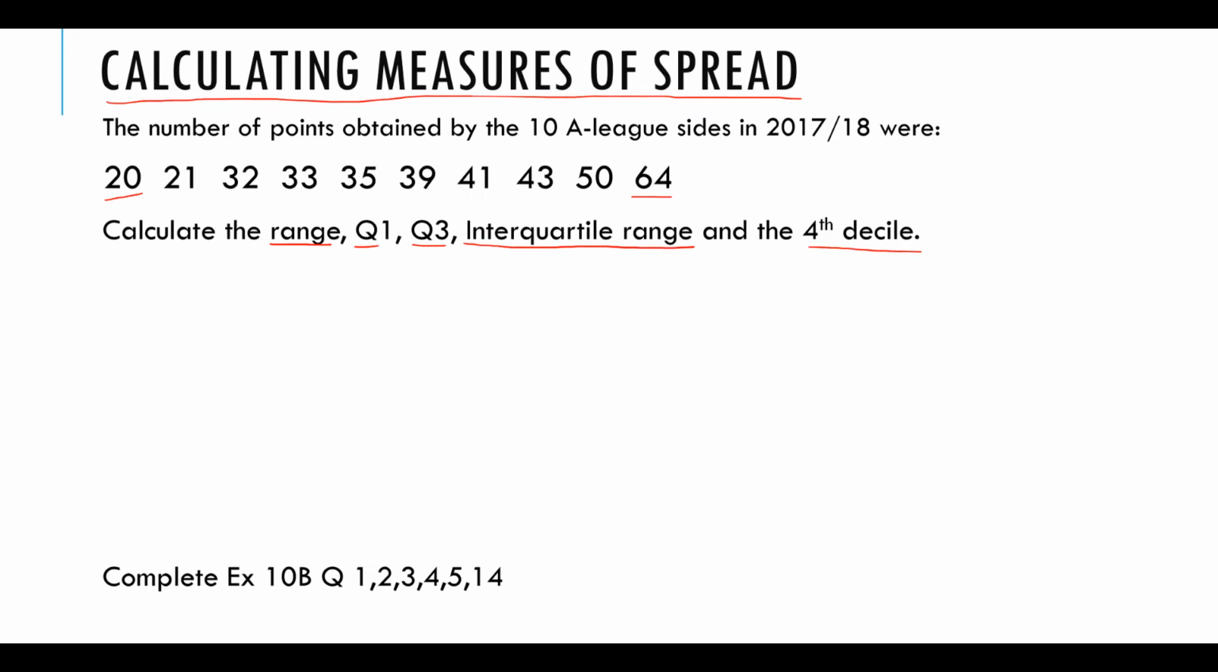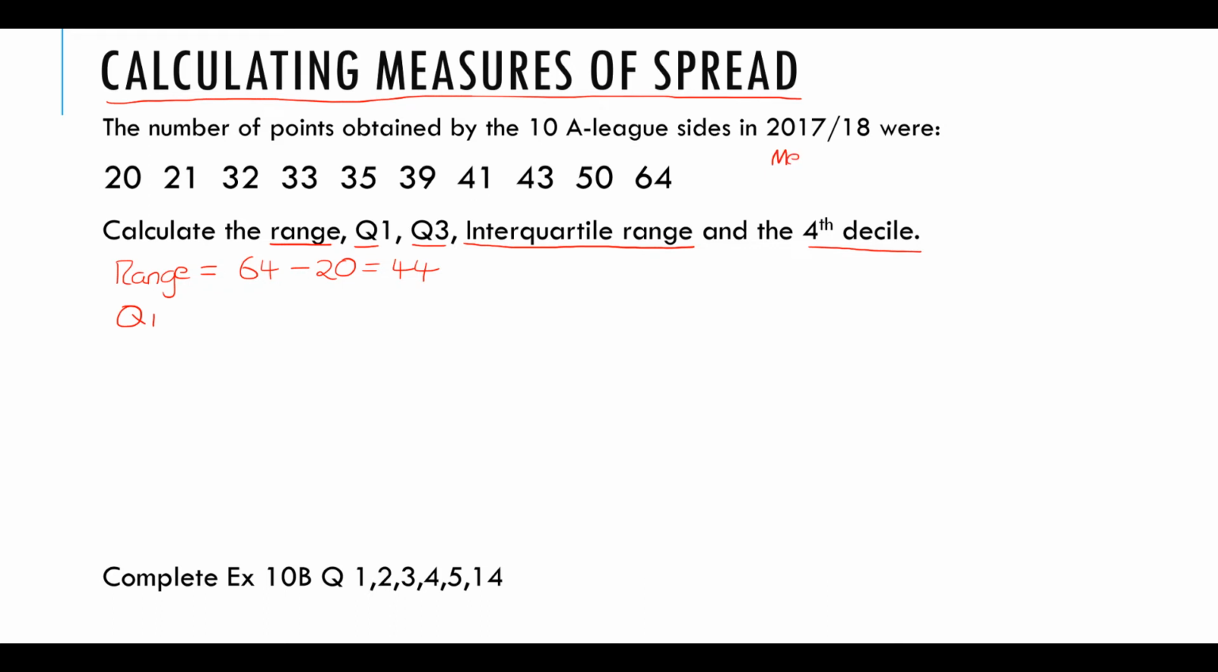Okay, so let's start with the range. The range, very simply, is the highest score, 64, minus the lowest score, 20, which is 44. So to calculate Q1 and Q3, we first actually need to calculate the median. And it doesn't make that explicit in the question, but it's part of the process that you have to be able to follow. So quick refresher, how do we calculate the median when we have got